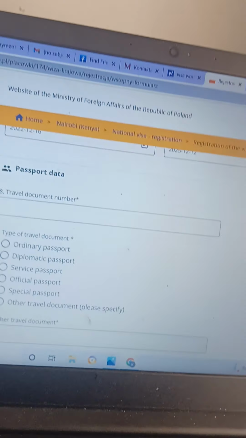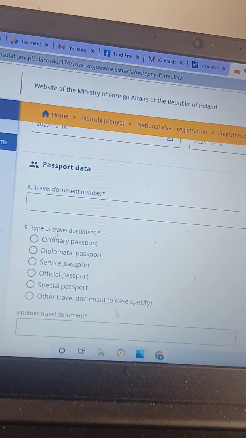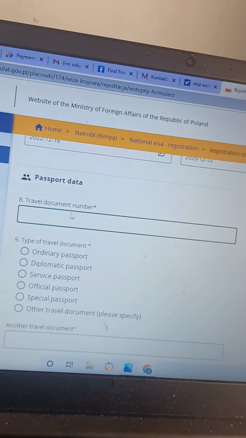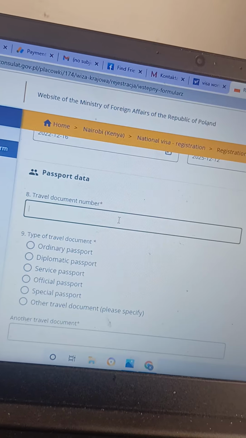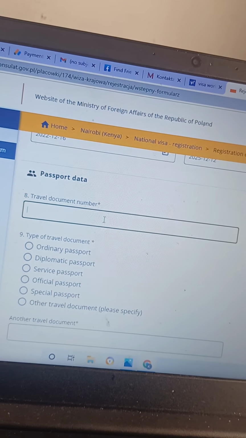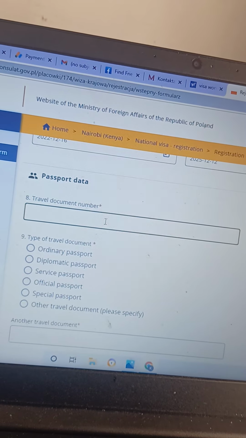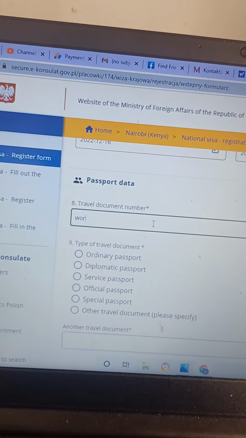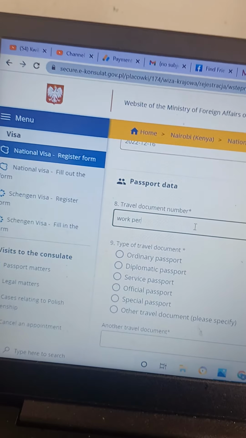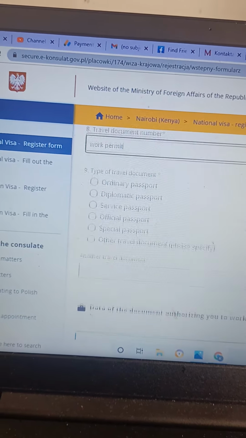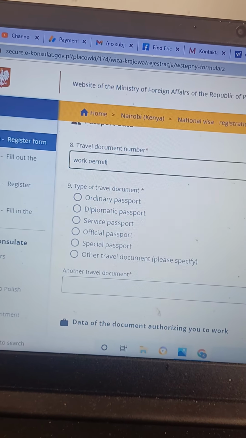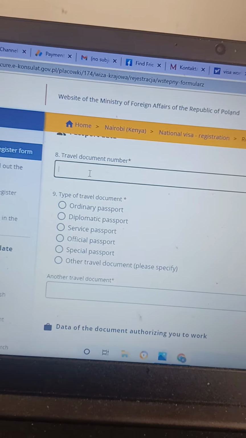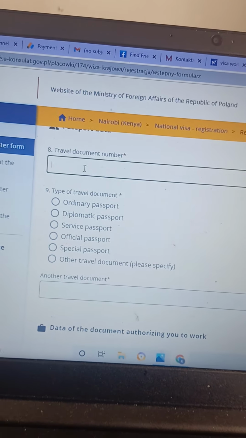So, let's go. Travel documents needed. You need an ordinary personal data travel document. So it is a must. Travel documents needed. I think here you put work permit. I'm not sure, I will inquire for good. But I think travel document number. You put your travel document number. No, sorry, you put your passport number, for example,